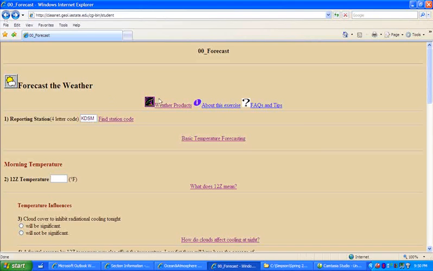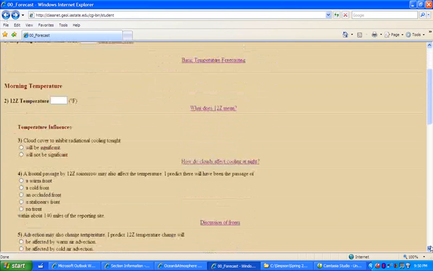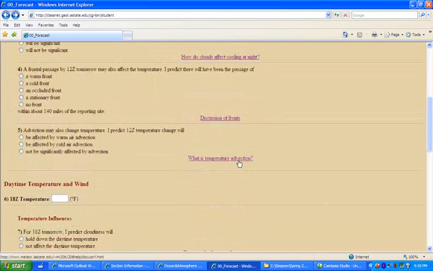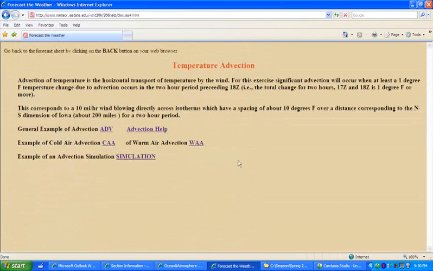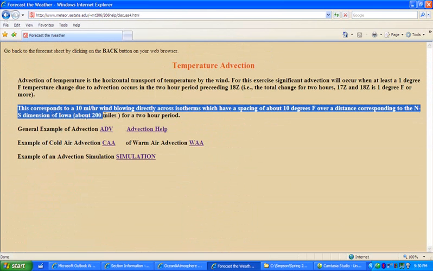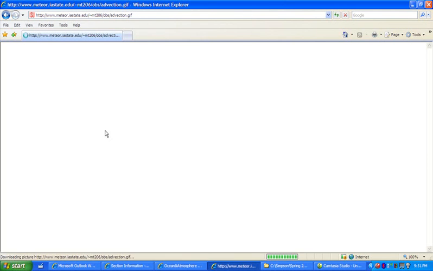Well, let's go back to our definition of what is temperature advection. We will define significant advection when we have a 10-mile-per-hour wind blowing directly across isotherms with a spacing of about 10 degrees Fahrenheit over a distance corresponding to the north-south dimension of Iowa in a 12-hour period. Now, that's probably a little confusing at this point, so let's look at one of these